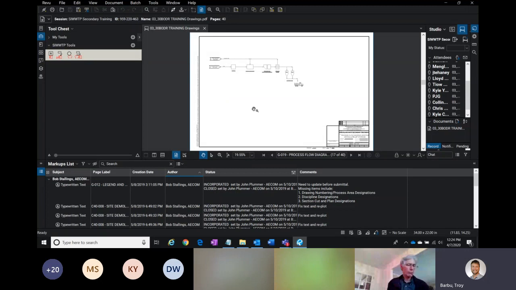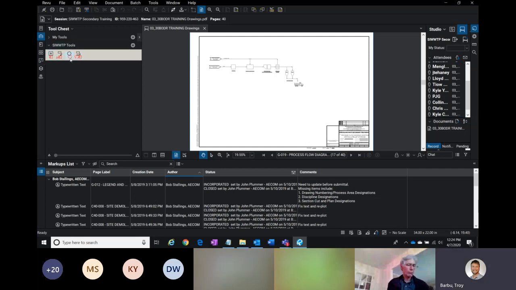What we need everyone to do when making these comments is to write something somewhat concise. You don't have to say, on page G19, this is wrong, but you need to write some sort of complete sentence that outlines what the problem is, so that if someone was reading this independent of the drawings, they might still be able to understand what's going on. So what I'd like everyone to do here is